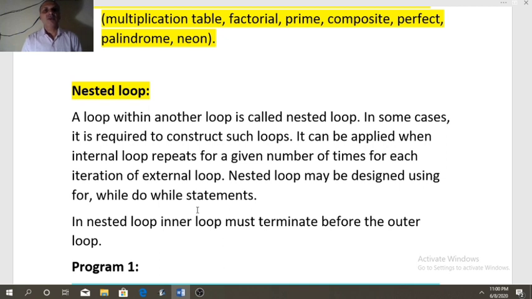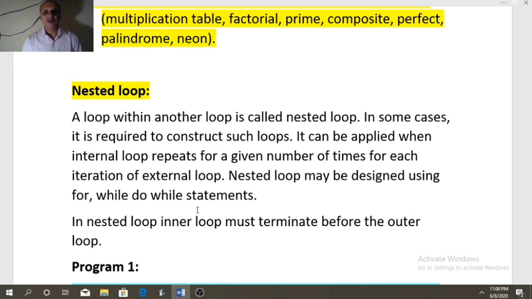So whenever you are going to design a nested loop, there are three loops that we have covered. There will be two loops, one will be the outer, second will be the inner. Outer loop can have any of these three loops, for, while and do while. Inner also can have any of these three loops.